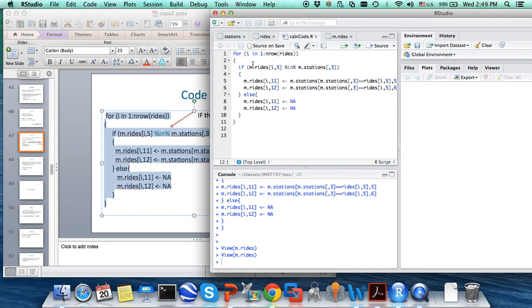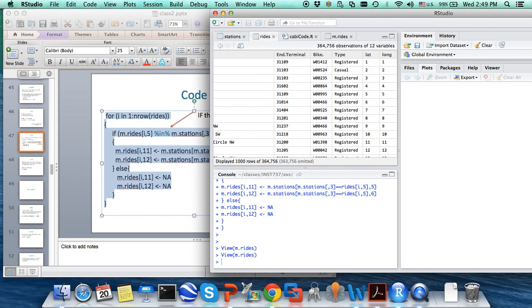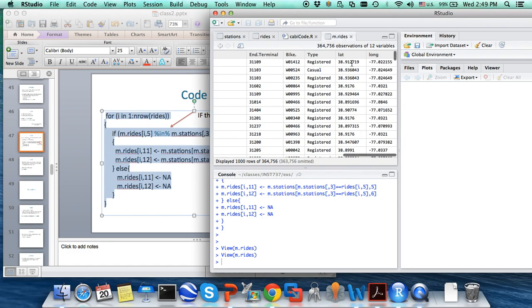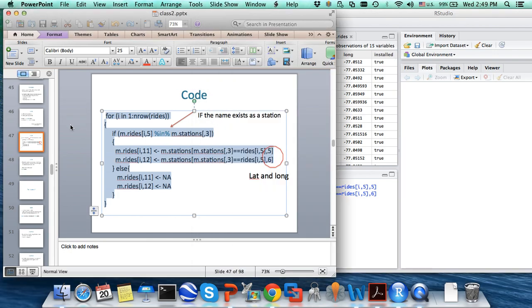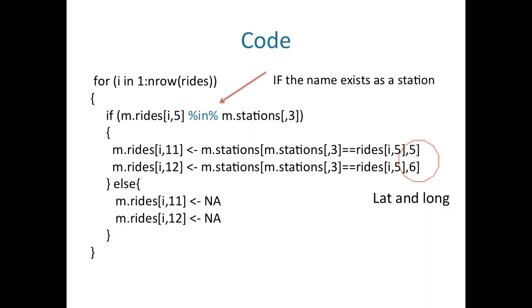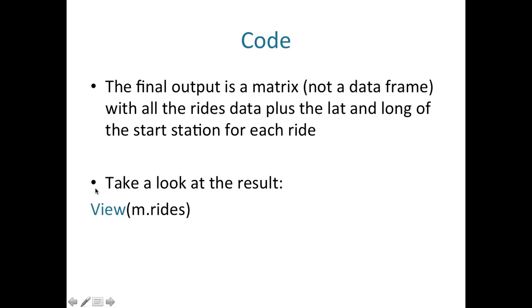Make sure that you fully understand this code. But remember that what the CaBi code has allowed us to do is go from this lat long with 1, 2, 3, 4, 5, to this lat long with the real latitudes and longitudes that we have extracted from the station's data frame. So now that we have all these,